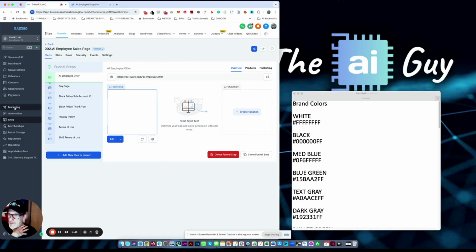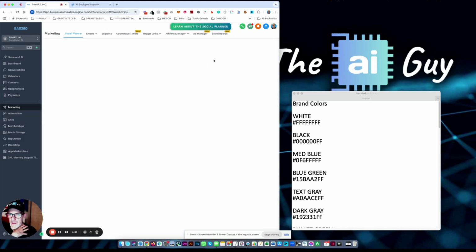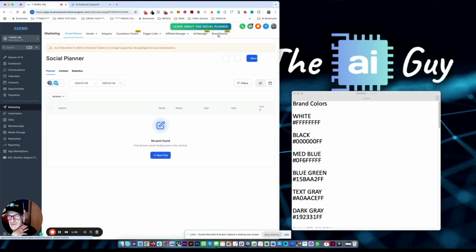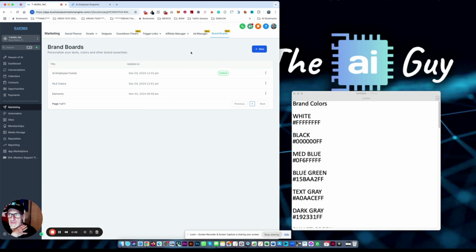And if I go to marketing over here, and brand boards is, and this is pretty new. This was just released a couple of weeks ago. Brand boards is up here from marketing, the menu way over on the right. So let's go here, and you can see that I have my AI employee funnel brand board here, and you can create as many of these as you want. And you can see that I've set this as the default